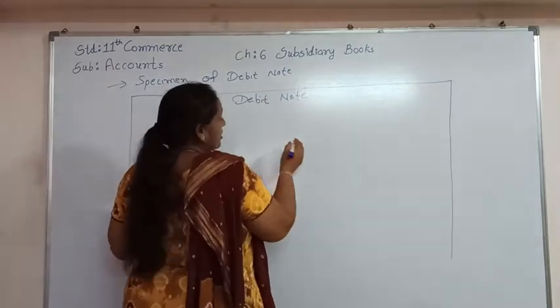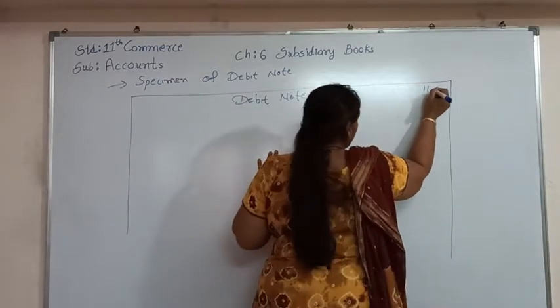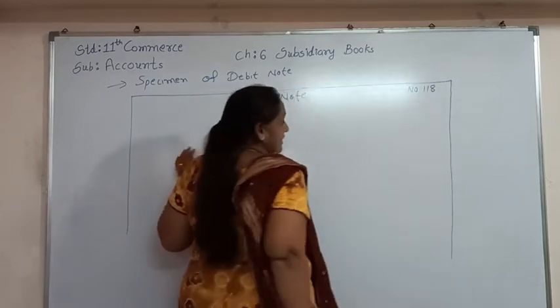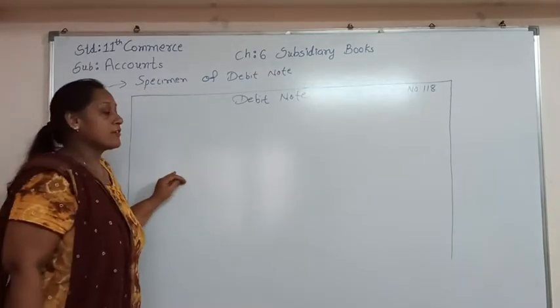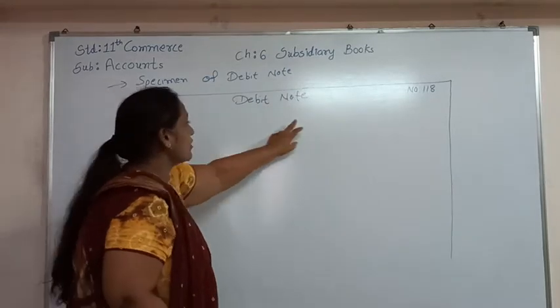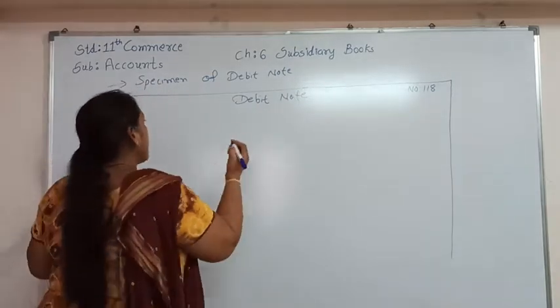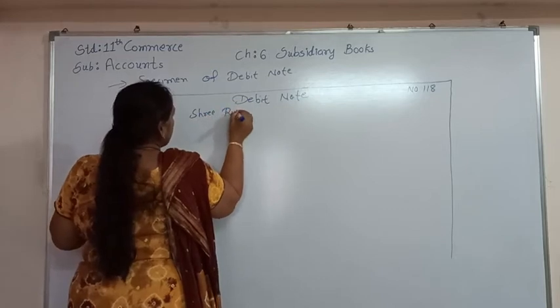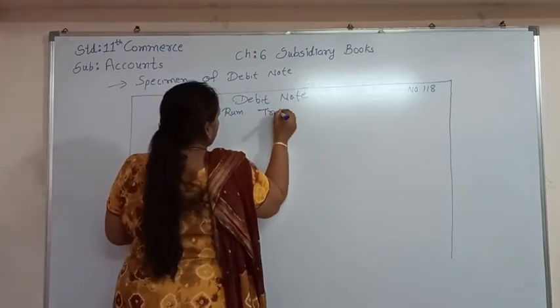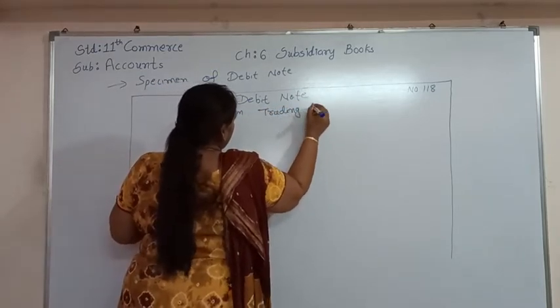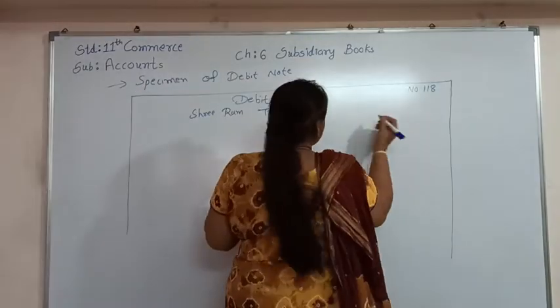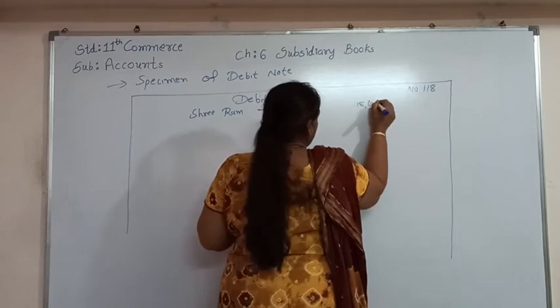Here, debit note, and here the number of the debit note. Again here, the person who is preparing it is going to write his name, let's say Sri Ram Trading Company, and then the address of the person. Let's say 18 Gandhiganj,